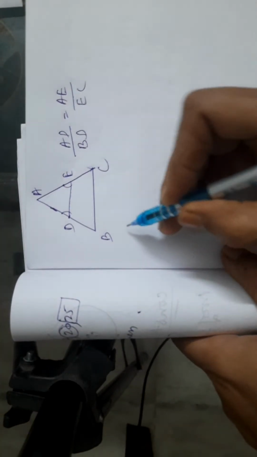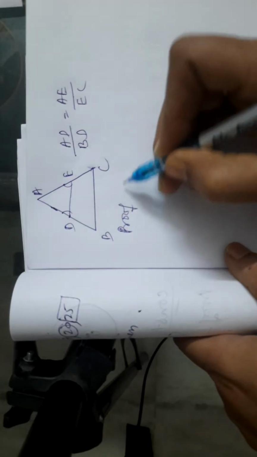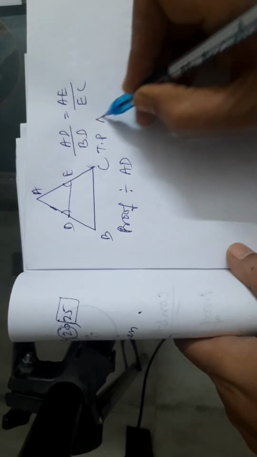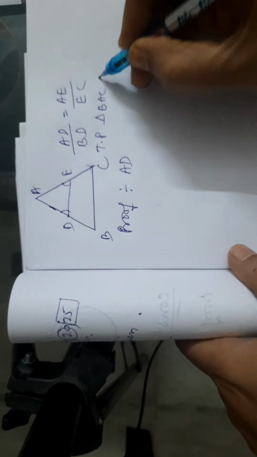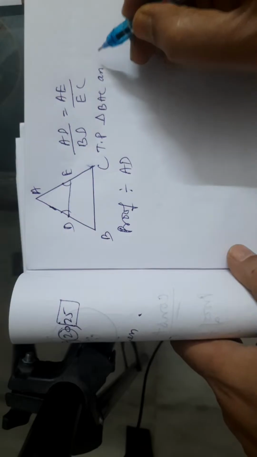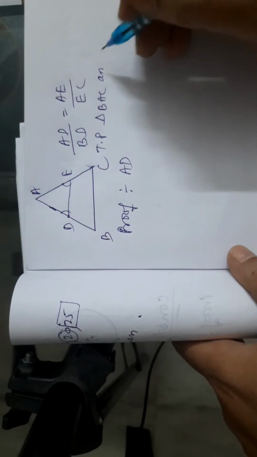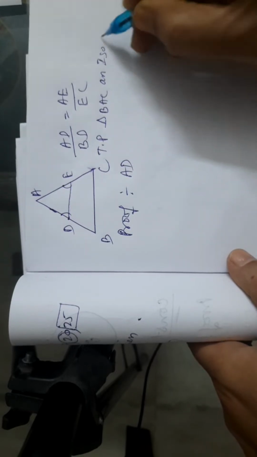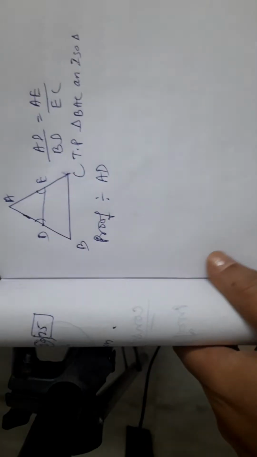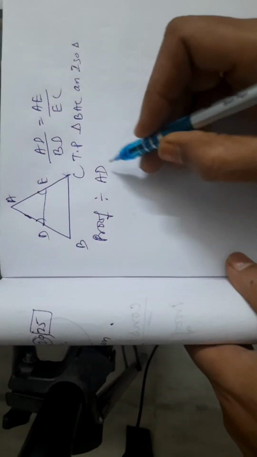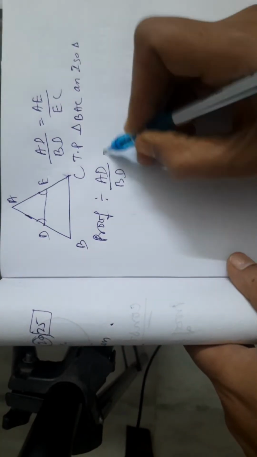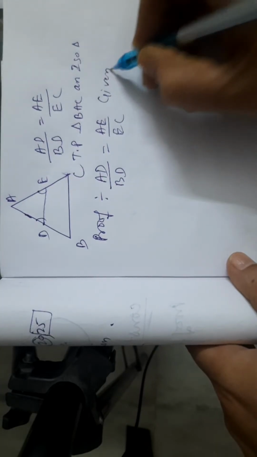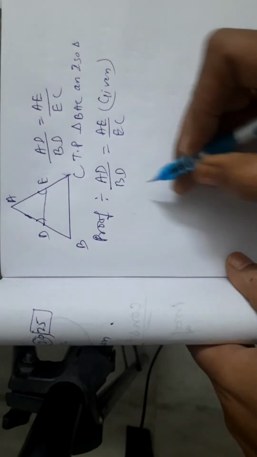Now let's start with the proof. Here two things are given. We need to make triangle BAC an isosceles triangle. Very good, BPT only we are going to use. BAC is an isosceles triangle, this we need to prove. So here, proof: AD upon BD is equal to AE upon EC. It's given. Now if we do cross multiplication,